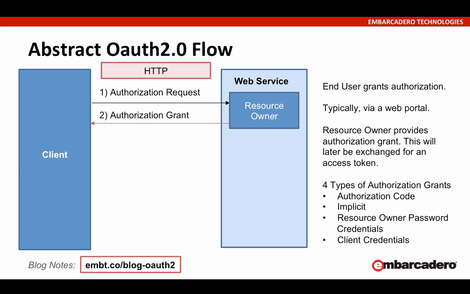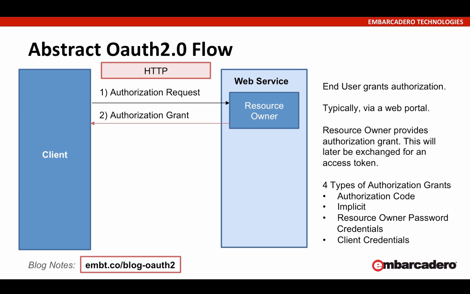And typically for web services, it's always going to be providing an authorization grant in the form of an authorization code. Later, I'm going to cover what the other three authorization grant types are, but the majority of OAuth 2.0